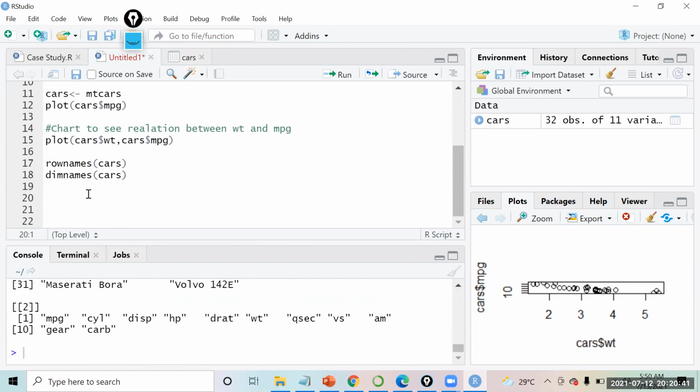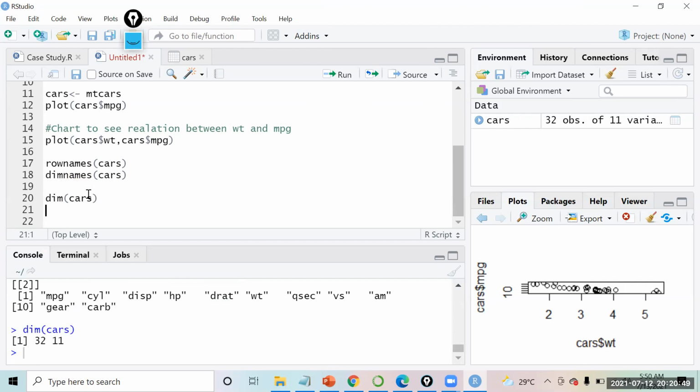Dim stands for dimensions, so if you say dim of cars, it is going to give you the number of rows and number of columns. 32 is the number of rows, first rows and then columns.